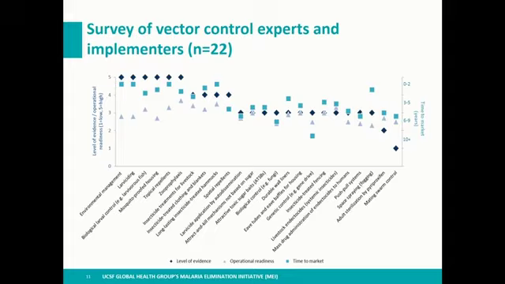So I think one point that's interesting from this slide is if you hone in on the operational readiness, so those are the grayish triangles, that operational readiness for the bulk of these tools was kind of seen as we're halfway ready, so we're at the midpoint. And I think the message there is that a lot of these new tools will require more operational capacity than potentially what a lot of countries have right now, and to scale up that operational capacity for robust implementation might be needed.